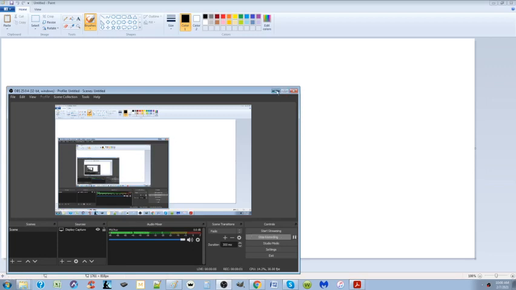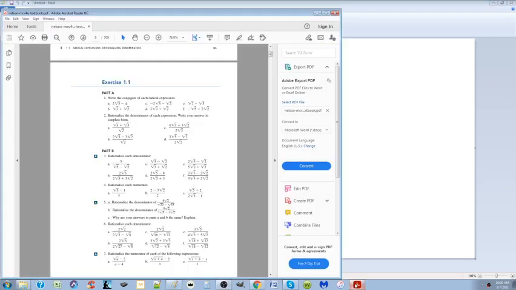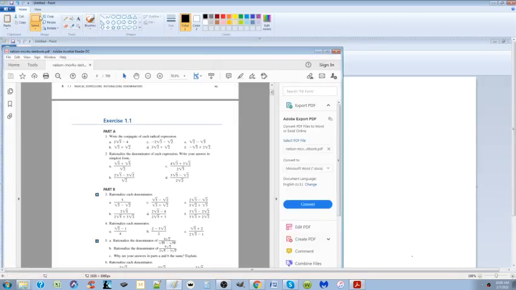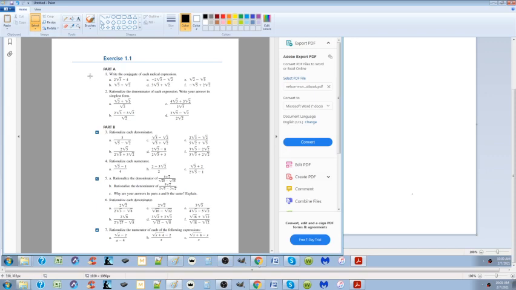Hello, okay, so we're going to do Calculus 1.1. I'm going to try to make it a little bit speedier than my usual slowness. Chapter 1.1 is all about finding or rationalizing denominators, and it's an important thing to learn